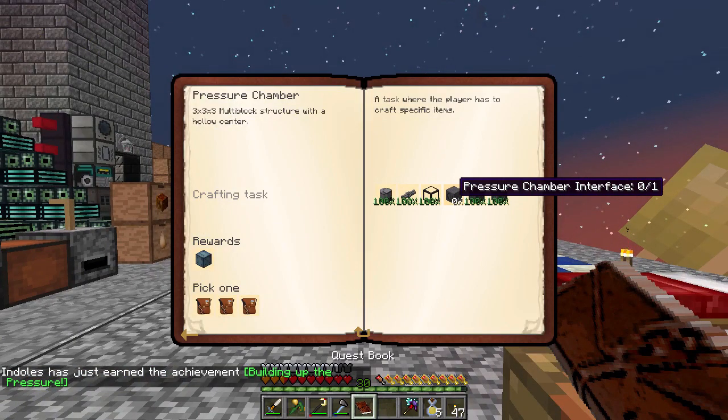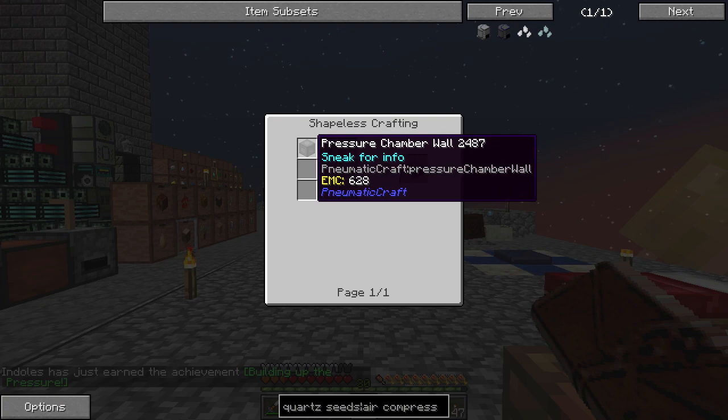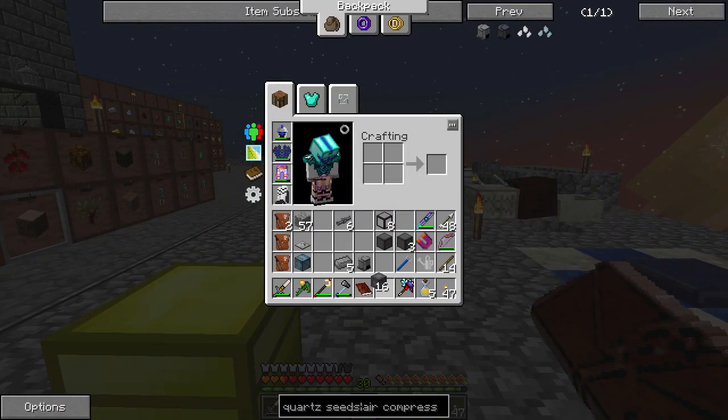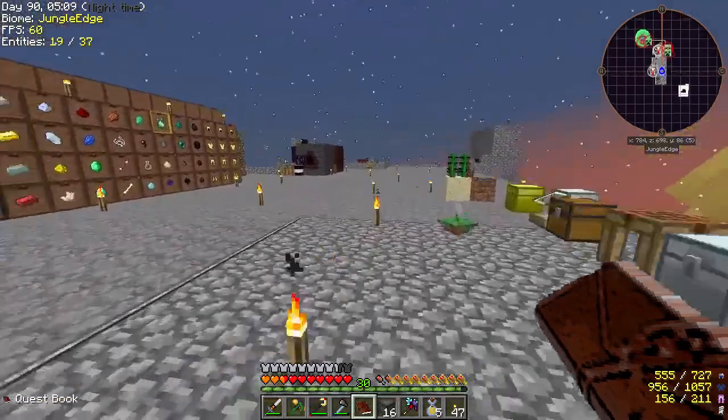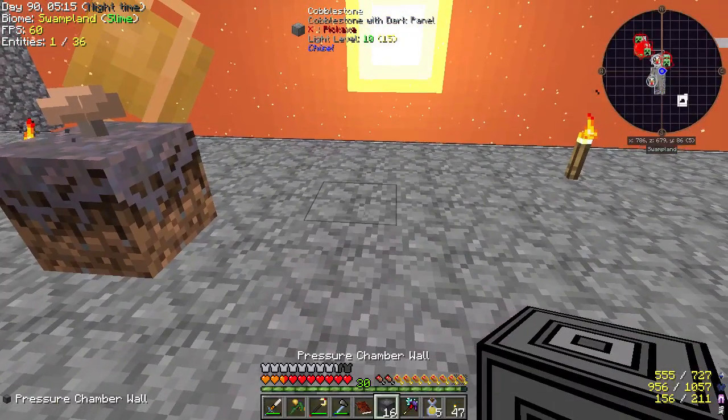So we also need to make the pressure chamber interface. If we look at the recipe for that, it's just a chamber wall with a hopper. So we're going to wait on that for just a moment. I want to make the pressure chamber first. And honestly, we can do that right here. So it's just...